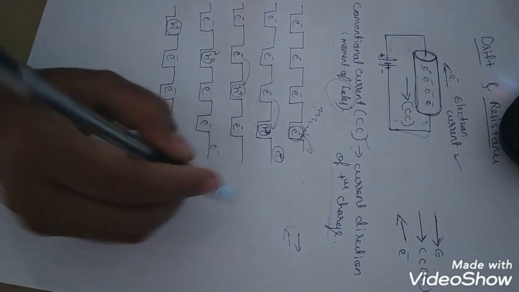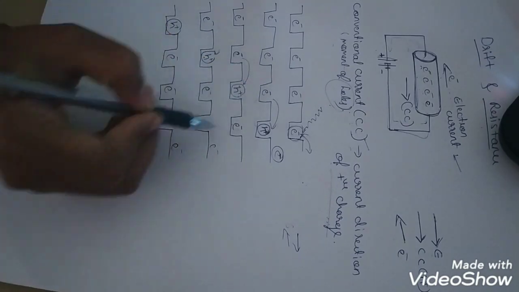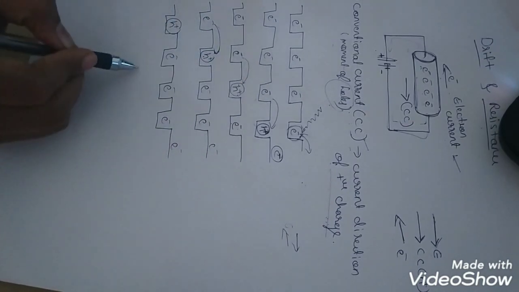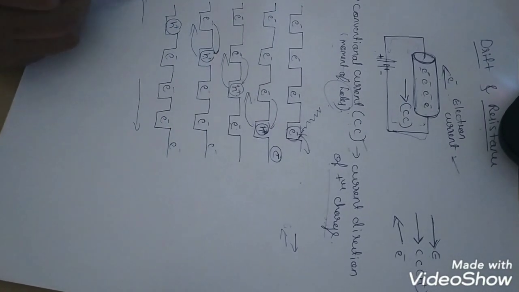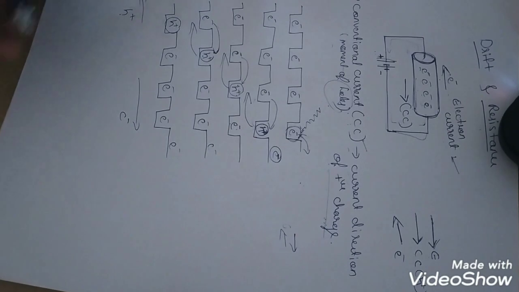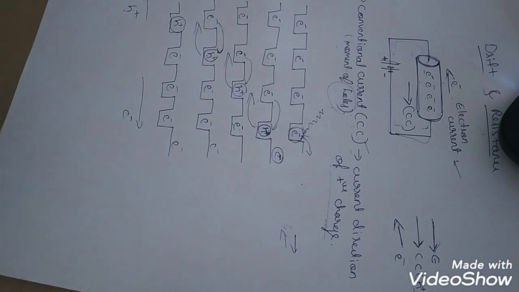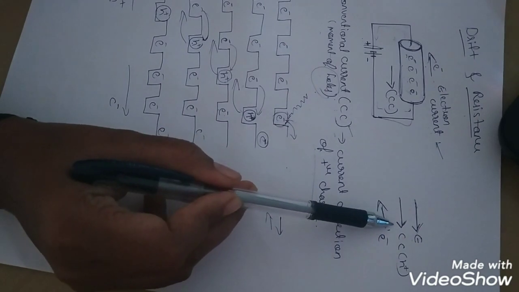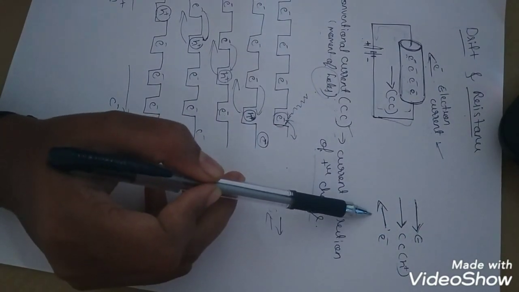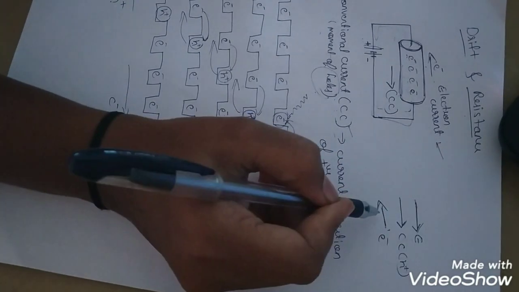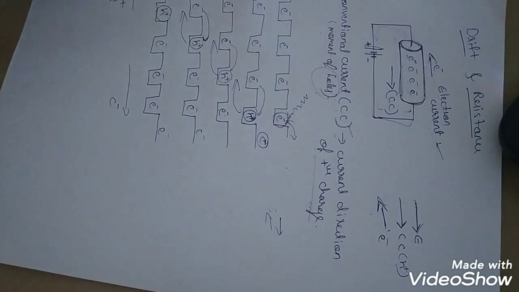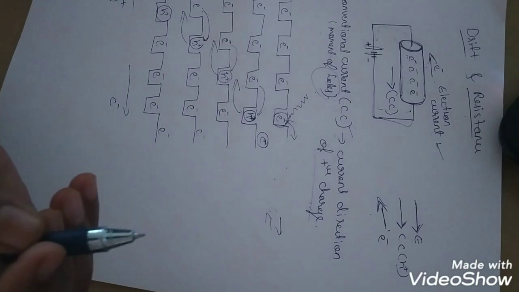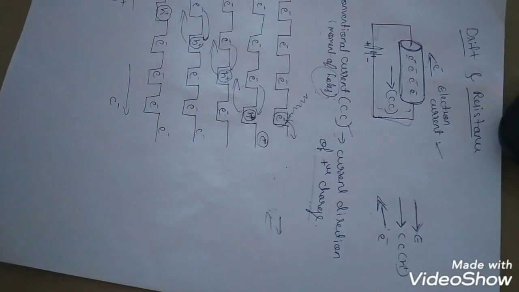This is a mobile electron which is freely available. So what we can see is the electron is moving in this way, and the hole is moving exactly opposite to that of the electron. This is electron movement and this is hole movement. That's why we say the electron as well as the hole move opposite to each other. This is the conventional current, that is the flow of holes, and the normal electron current is exactly opposite to the movement of the hole. I hope this is clear, how the electron moves in one direction and how the hole moves in the opposite direction.